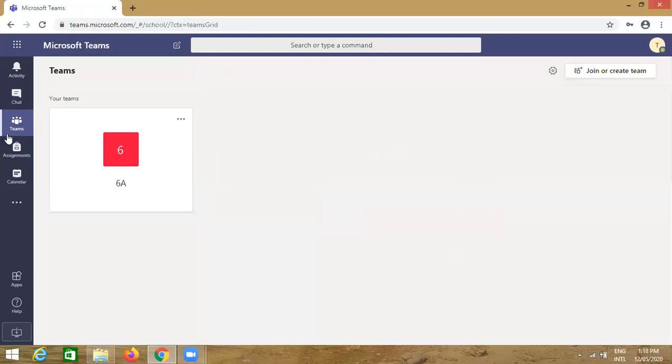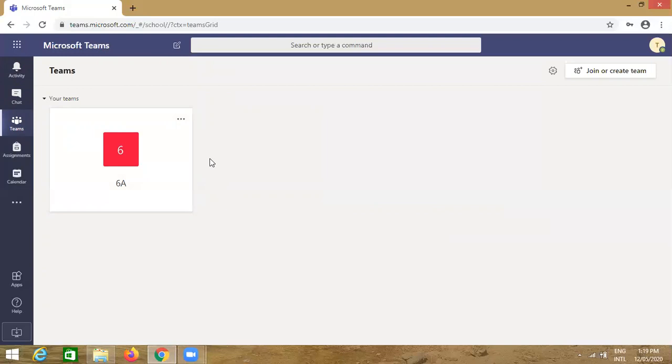Since teacher 3 is teaching in class 6A, the class 6A teacher has added teacher 3 in class 6A. That's why 6A is shown here. Since teacher 3 is not teaching in class 6B, class 6B has not automatically popped into his account.